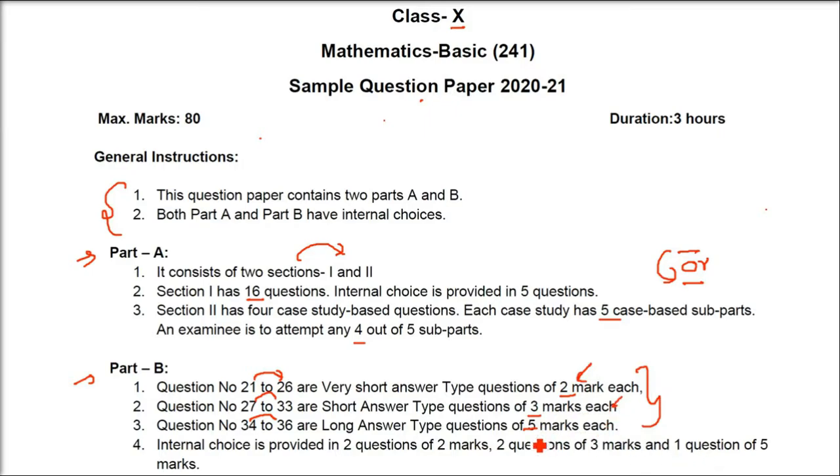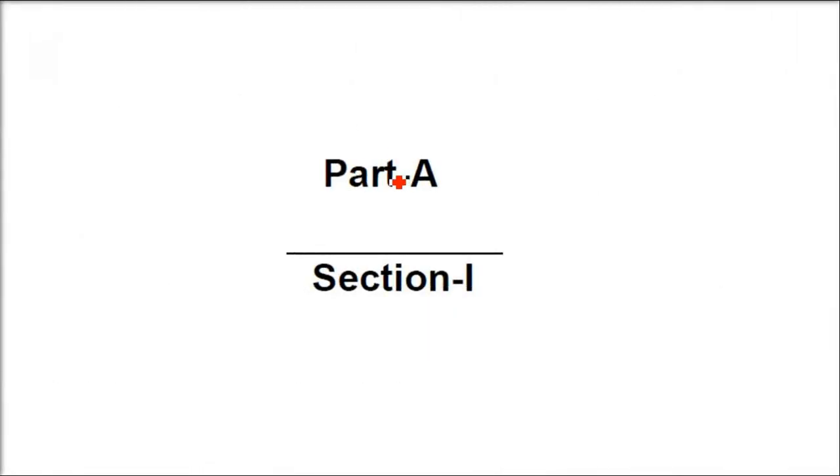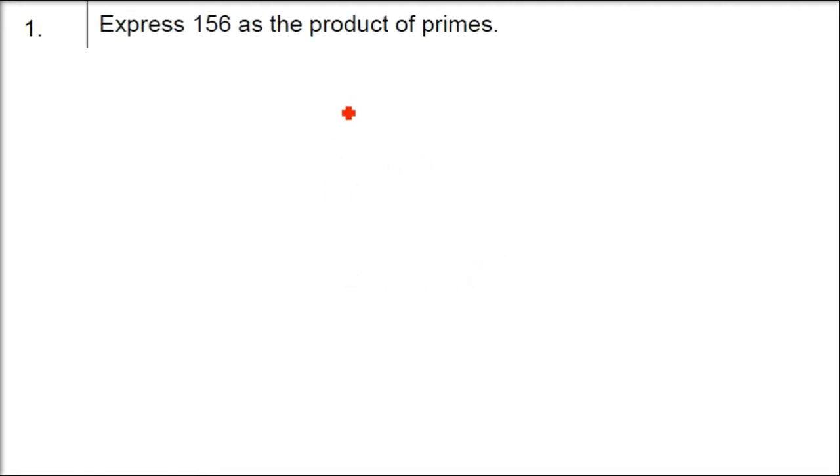So this is what the situation is, and whenever we are doing the questions, I'll tell you there also what you have to do, and there is a proper marking scheme that shows what you have to do so that you get proper marks. So we'll start with part A. This is section 1, and you will have a fair idea of what all you have to do. The stepwise answer is provided, and I'll give you the marking scheme and solution hint also.